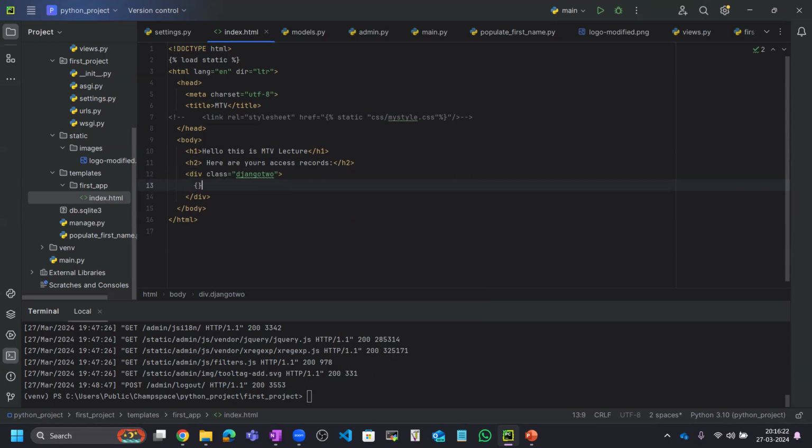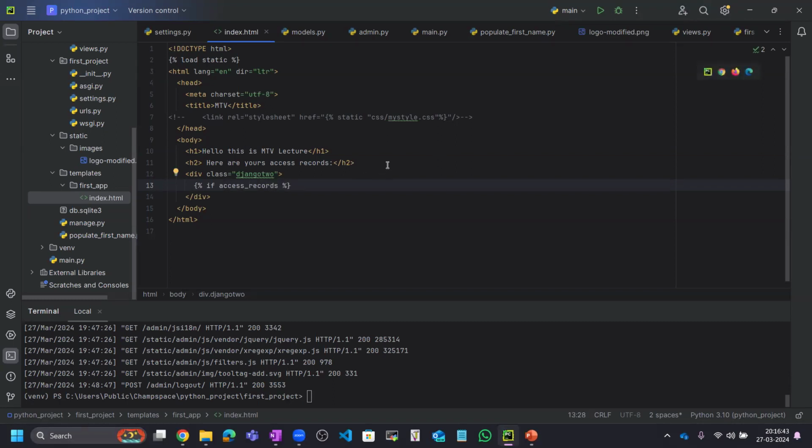So first I will use the percentage, and inside the percentage I will use one if condition. So if access records,